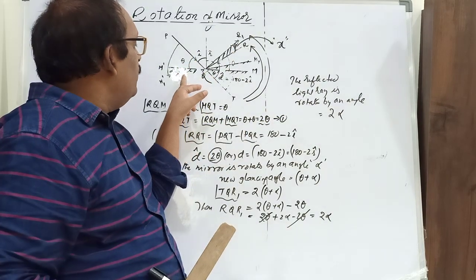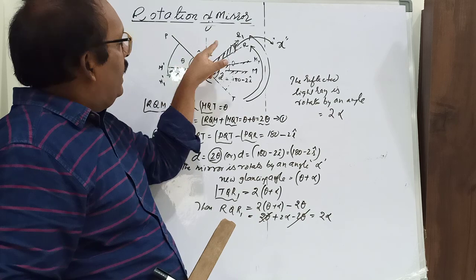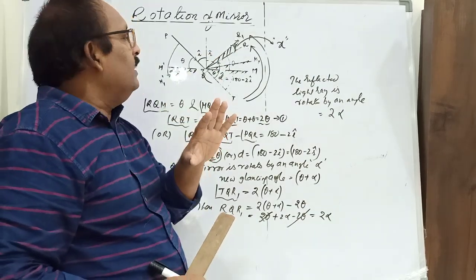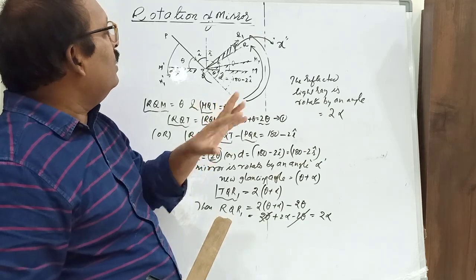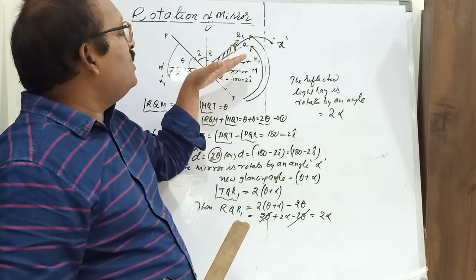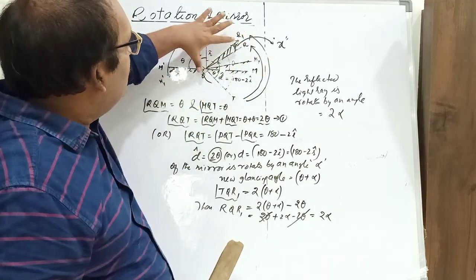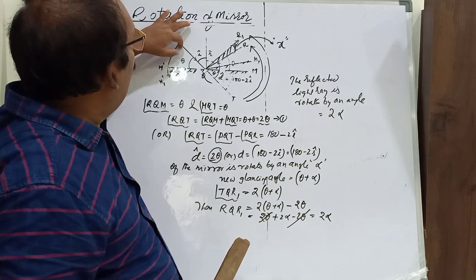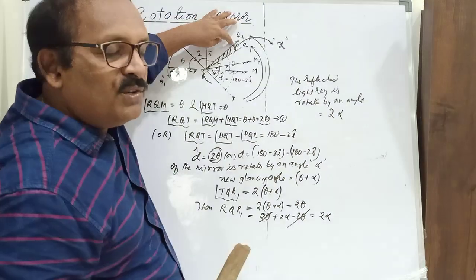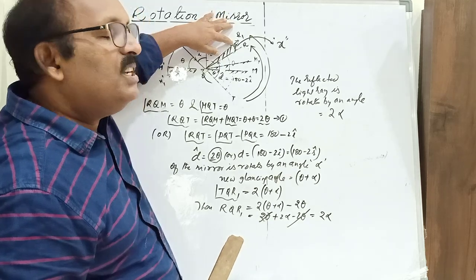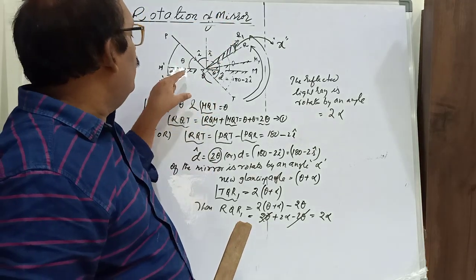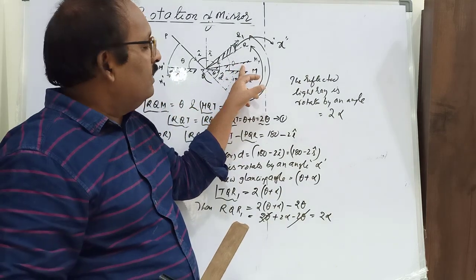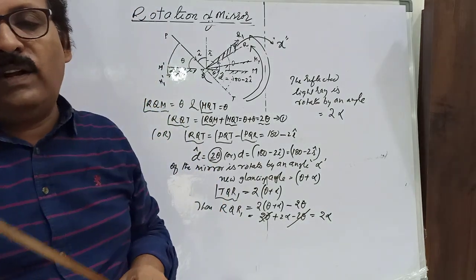So now you are rotating the mirror. In case you rotate the incident ray by an angle of alpha, then the reflected ray will also be shifted by the same angle, alpha. There is no change in it, as usual. But the change occurs only when the mirror is rotated by an angle of alpha. The reflected ray gets rotated by 2 alpha. Right. Thank you.